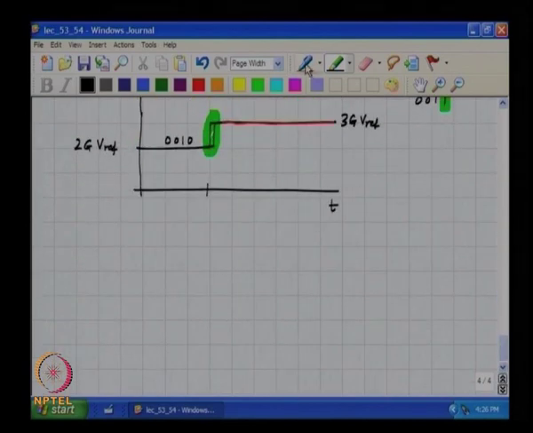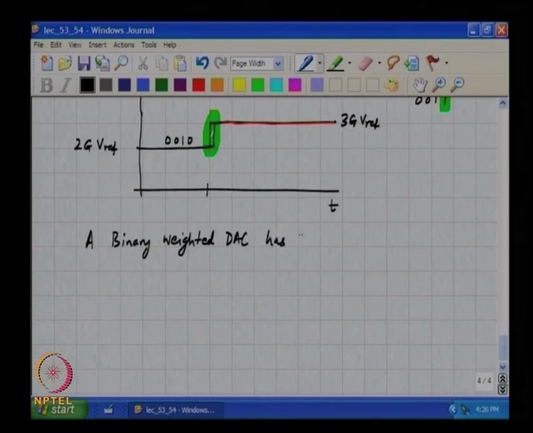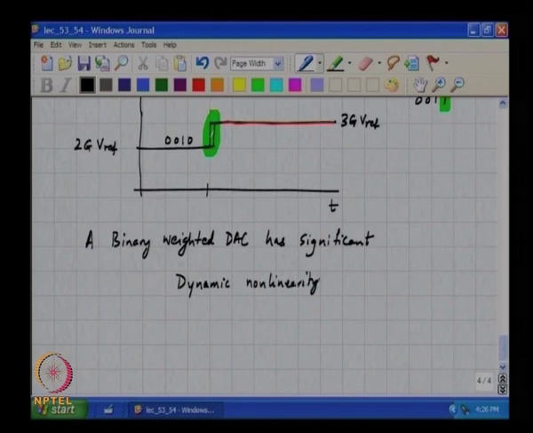So, a binary weighted DAC has significant dynamic nonlinearity, since equal changes in the input code result in different changes in the output waveform depending on the initial value of the code, right, and this is all that is needed to establish